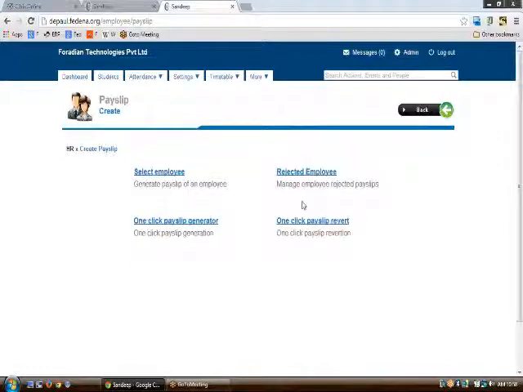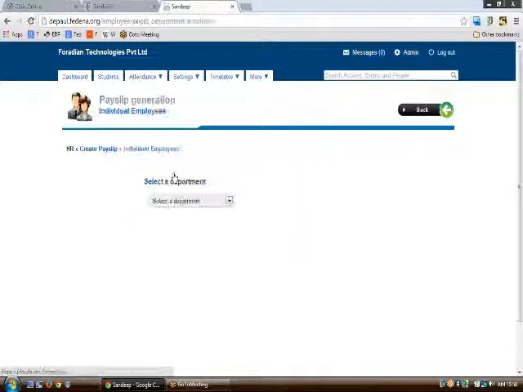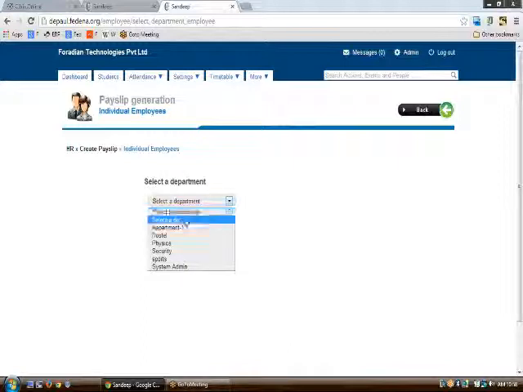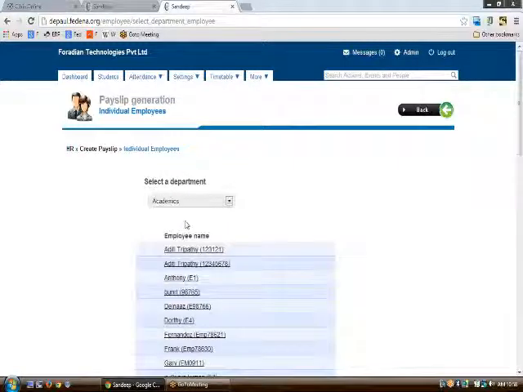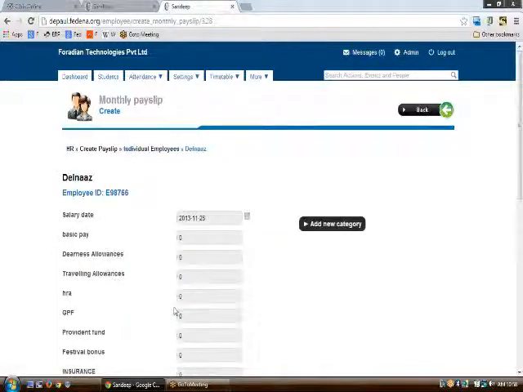Now if you want to create the payslip of an employee, you can do it by making an individual payslip creation for each of the employees. Then you have the one-click payslip generator. If you want to individually make the payslip of an employee, you need to select the department here and the person for whom you want to enter details.